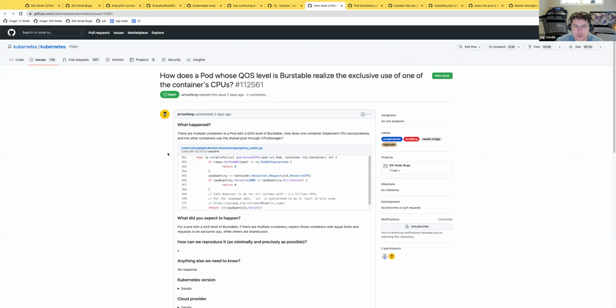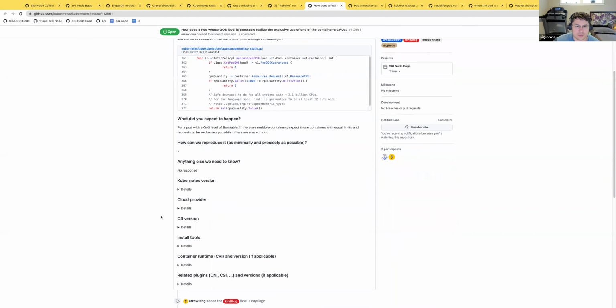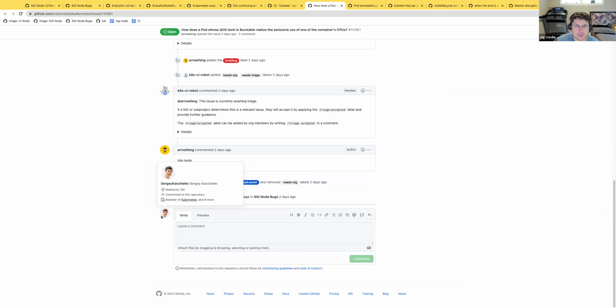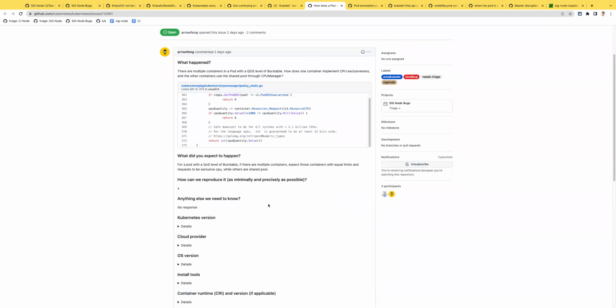Okay, CPU manager question. It's formulated as a question. I could look into it, but I think at first glance we can't really do that. That's my initial hunch.